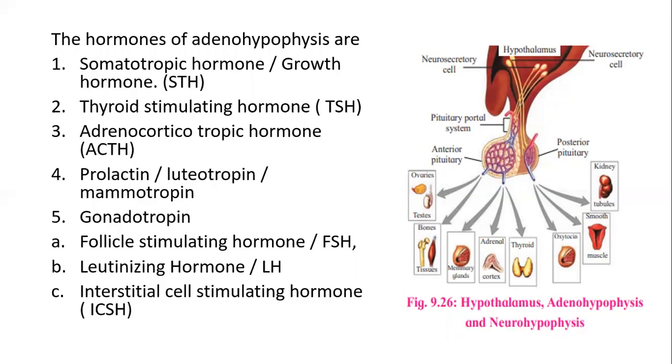Highest secretion of the growth hormone is seen till puberty, that is at the age of 12 to 15, known as puberty age. Up to this age, the growth hormone is secreted highly, and then its secretion becomes low. However, it is continuously secreted throughout life for repair and replacement of the body tissue or cells.